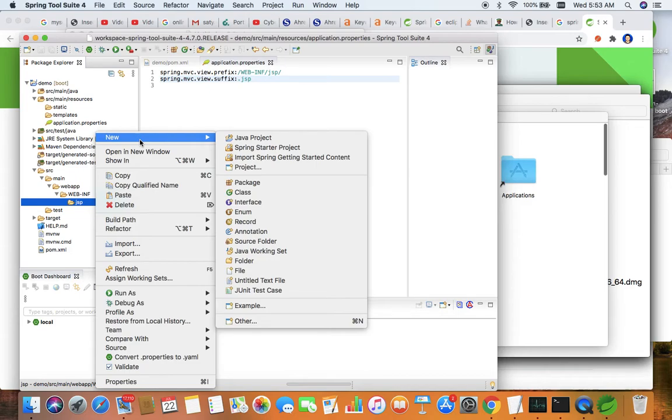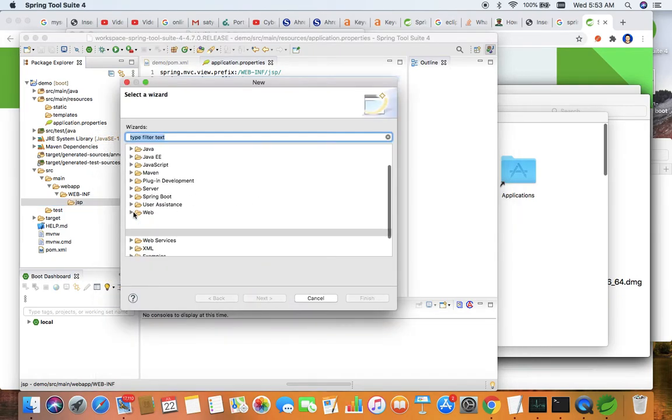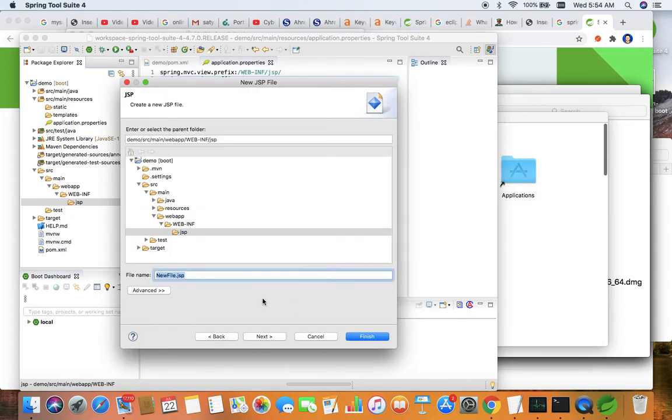So right click over the jsp folder, new, then here you can choose other. Inside the web you will find the JSP file, not the JSP tag. So I will name it index.jsp, or only index is also enough.